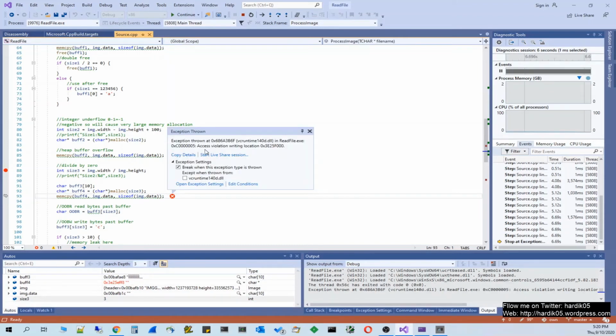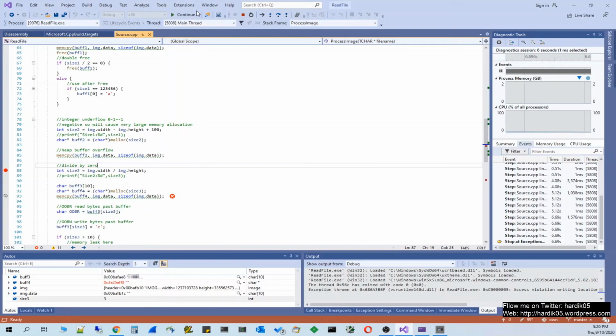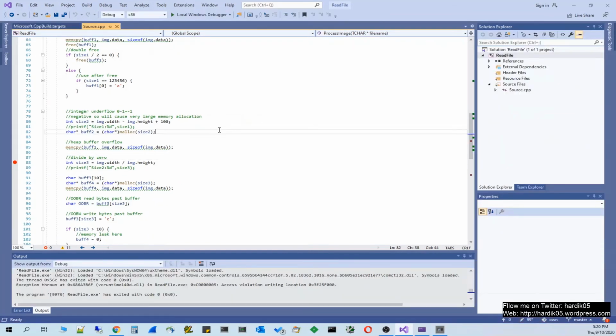You can see that we are getting an access violation while writing at this location. So yeah, this is the root cause. There is a 3-byte buffer, you are copying 10 bytes of data into it.